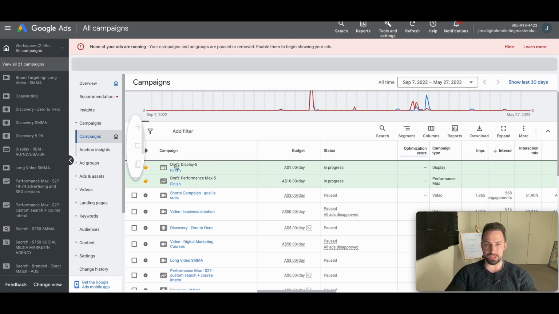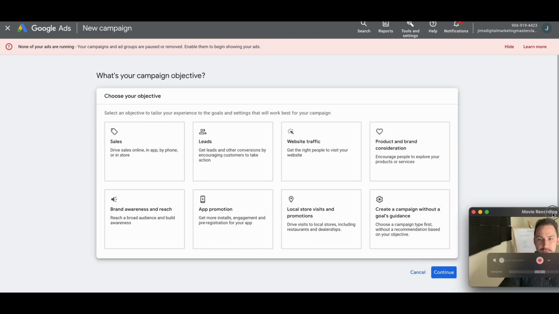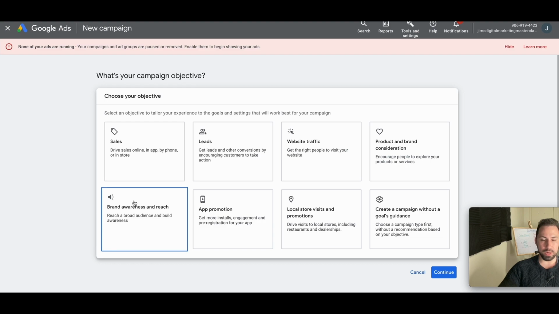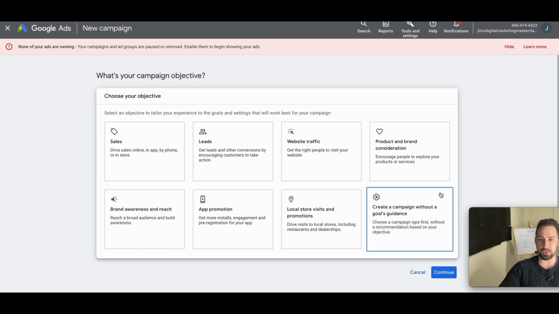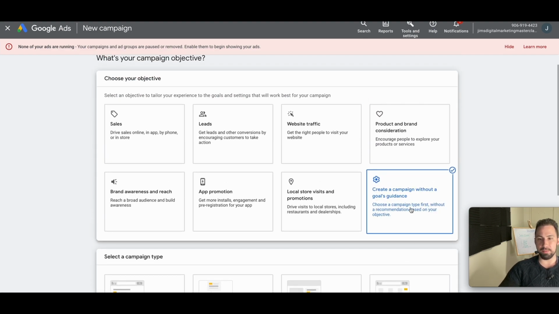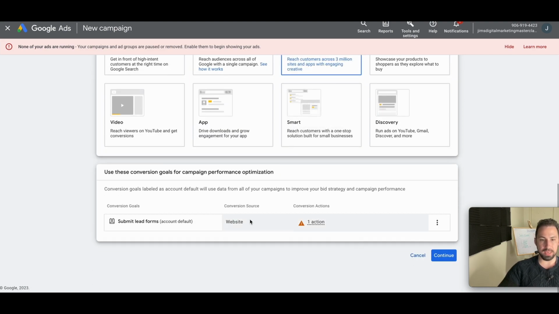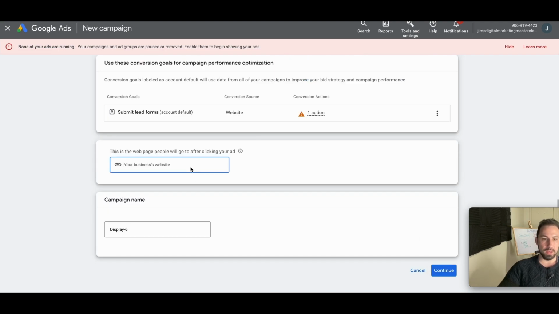We're going to click on the plus sign as always we do. In this case, a lot of people usually go with brand awareness and reach, so they will show you what type of campaigns you can create, but we don't care about that. We'll just go with create a campaign without a goal's guidance. All right, so they're going to give us some sections. We want to click on display. As you can see, our conversion action is showing up that we created previously. And we want to write our campaign name well thought out, and we want to make it structured. So display, and we want to write the goal, brand awareness,